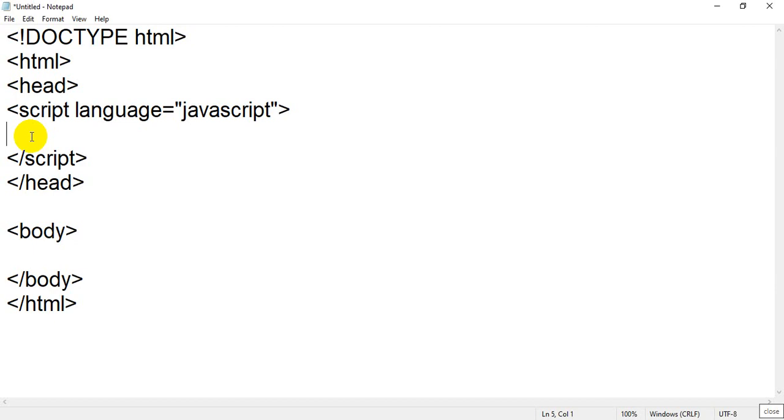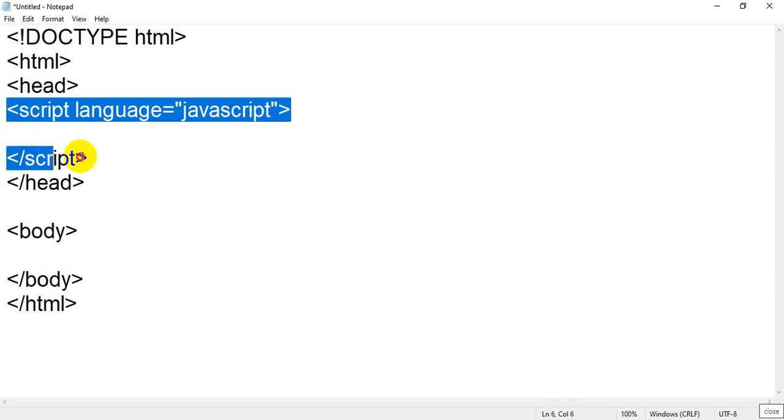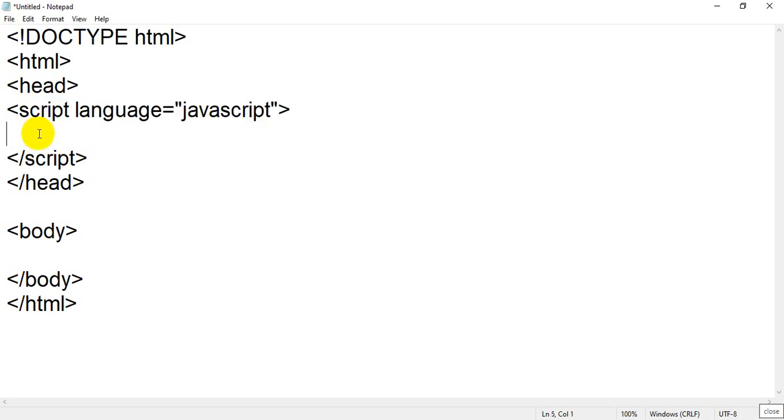So JavaScript also has rules and regulations, on syntax and grammar, you can say. You have to write your code on the basis of the rules given by JavaScript. JavaScript is case sensitive, and many times I have told you that, so you have to remember this before writing any code. Whatever you write between these two script tags will be considered as JavaScript.